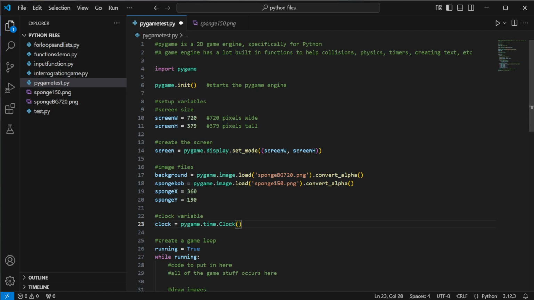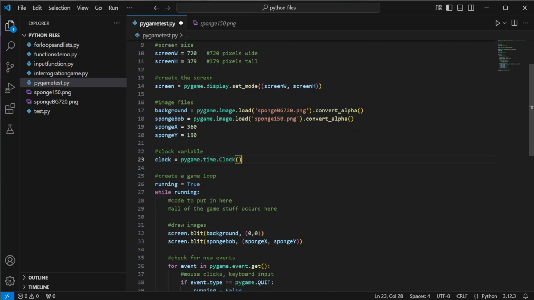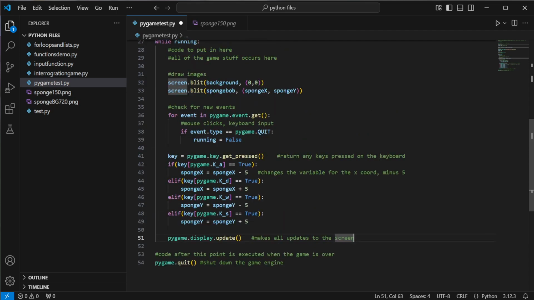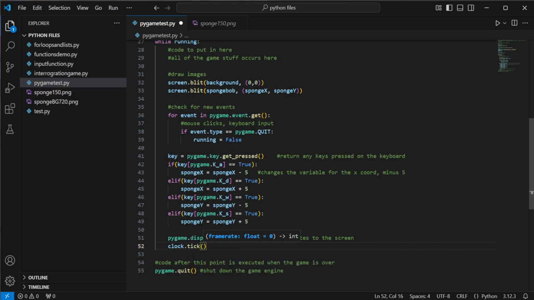So that's going to get used down in the end of our while loop. So most of the code that does anything is in the while loop. So we're going to put this right after the display update. This is where all of the blits and stuff that were queued kind of end up getting updated to the screen. So right after that, we're going to say clock dot tick, because clocks go tick tock, and we're going to say 60 here. Okay, so this delays the computer,